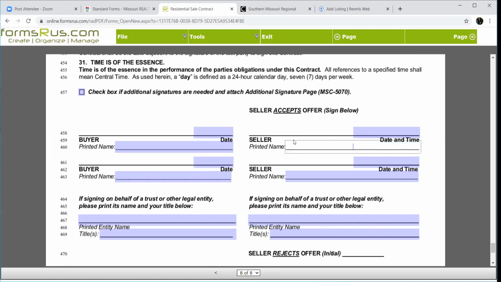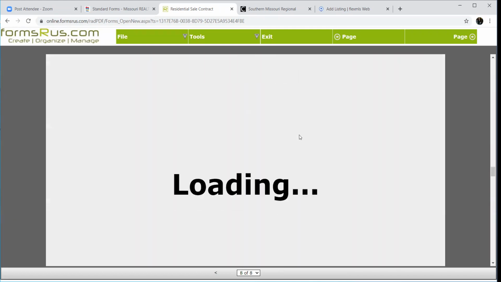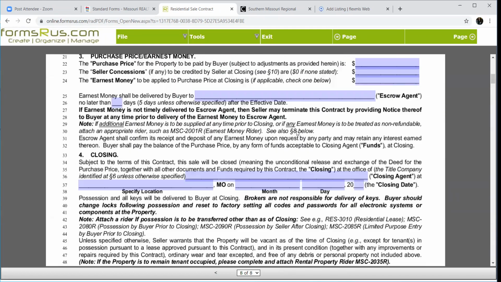Now, I encourage you not to do that because it might be listed as the owner, Don Klepper, but the property might actually be in Don Klepper Trust. So now the seller's name is actually wrong. We got to come back and change it. Because when I make an offer, this buyer is making an offer on this particular property address.